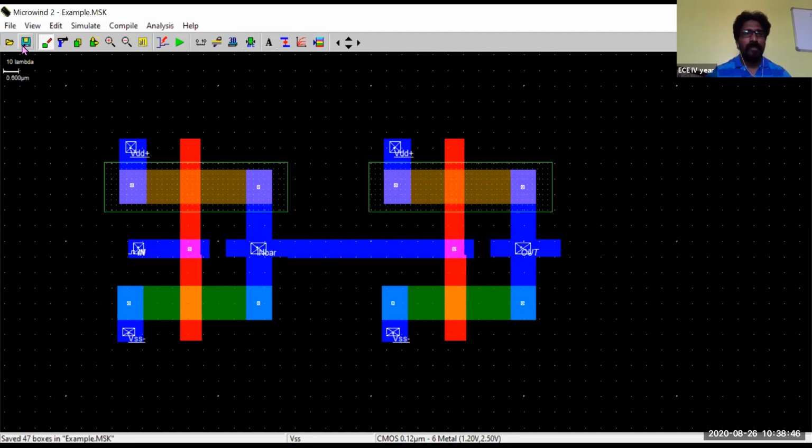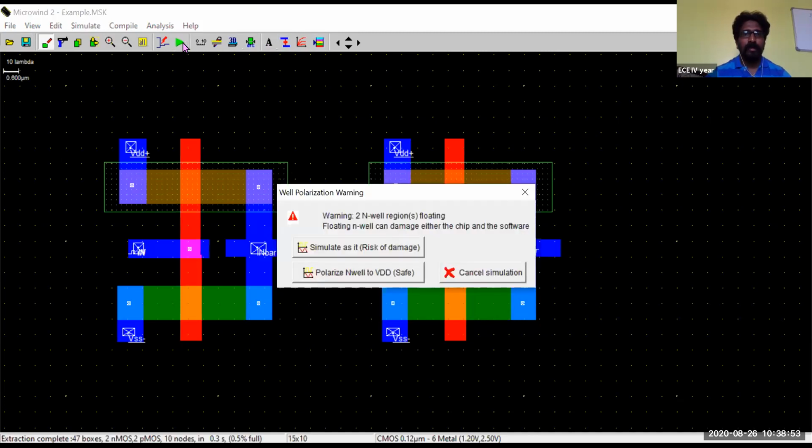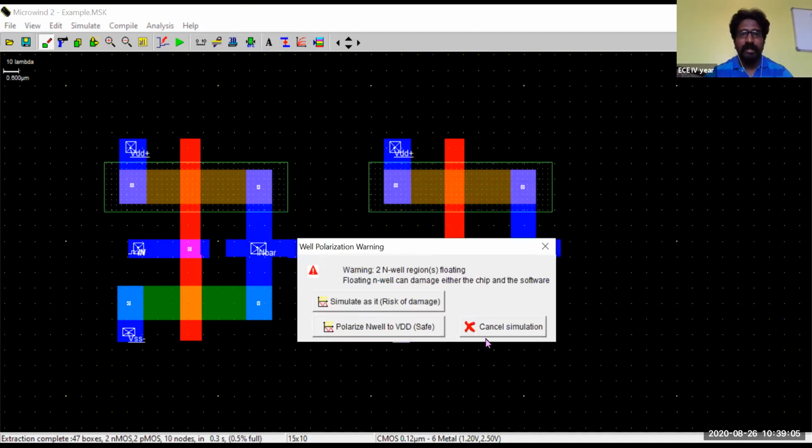Save this one, save it, and click on the simulate button. Run simulation. See now, I have told in the previous case, if you don't put any kind of VDD upon the N well, your entire design will be floating. So you can see the risk options here.